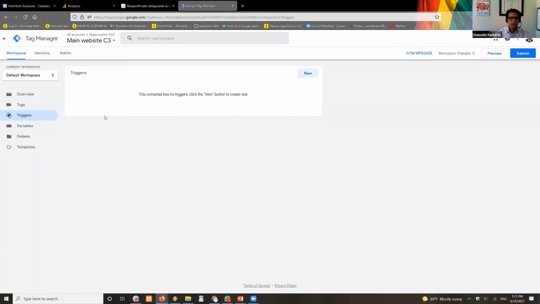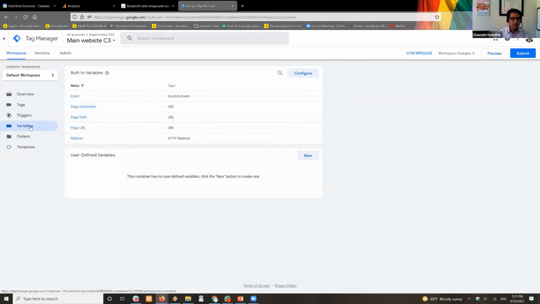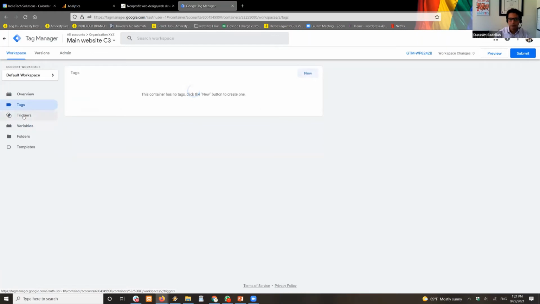So coming back here, the trigger is what happened, which action on the website triggered that. And then the tags here, which I wish there was a way to rename, are what's going to happen. So these are the two. Then there are variables. Let's not talk much about them in this session. I will create some variables, but you can do a lot of things. Everything we're going to do today doesn't need custom variables. We're going to use just the built-in ones.